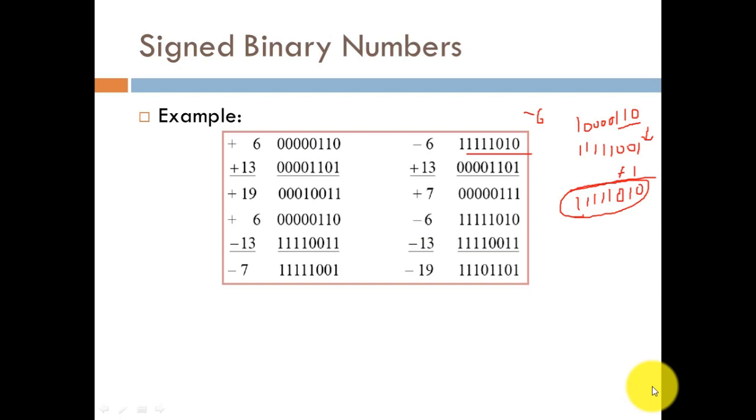So what we are left with: 1 plus 0 is 1, 1 plus 0 is again 1, 0 plus 1 again 1, 1 plus 1 is 0 carry 1, 1 plus 1 is 0 carry 1, 1 plus 1 is 0 carry 1, and we are going to discard the carry that would have been generated on the sign bit, as we had discussed in our last slide.